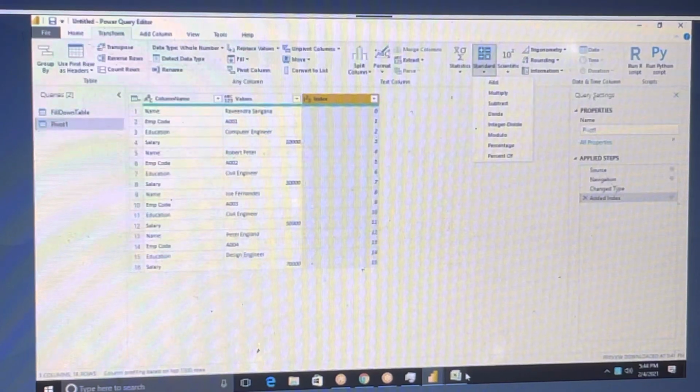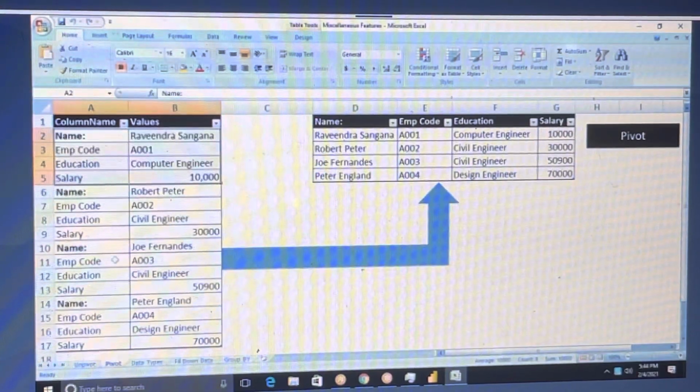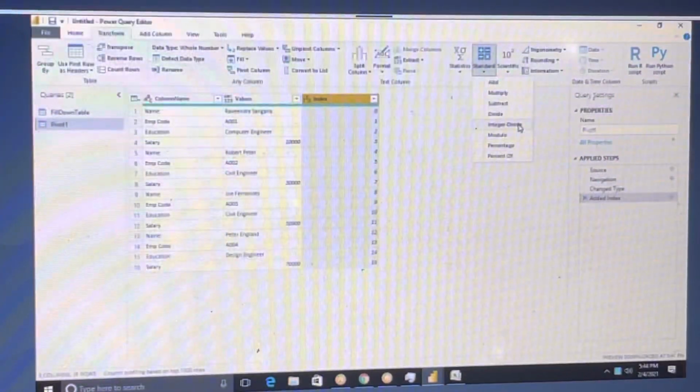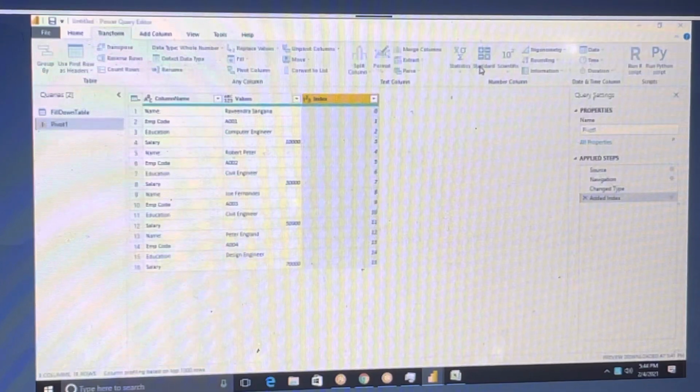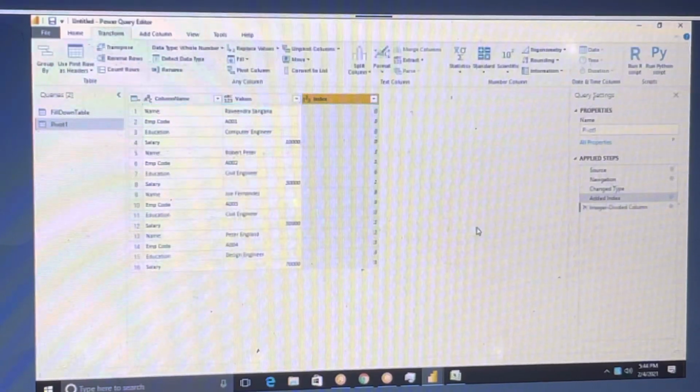First understand this exercise. See how many records we have: 1 record, 2 records, 3 records, 4 records, right? 4 records. So we want to do that integer divide. Go to transform, standard, integer divide. Here you have to mention 4 rows, 4 records. Click on OK.